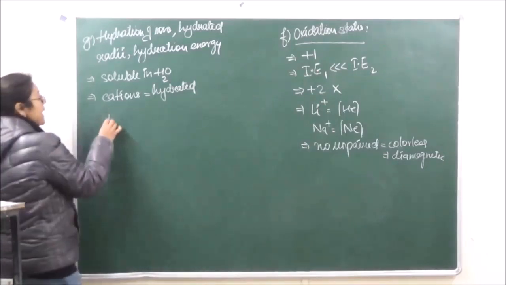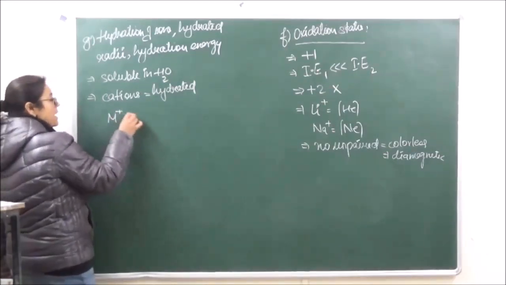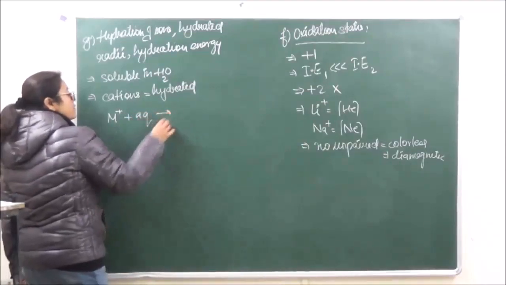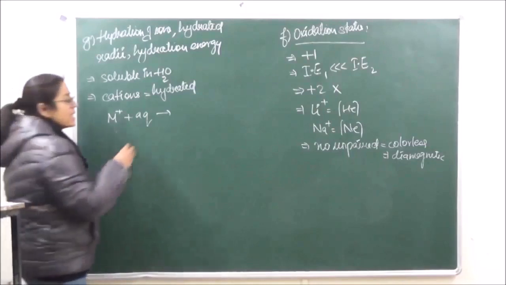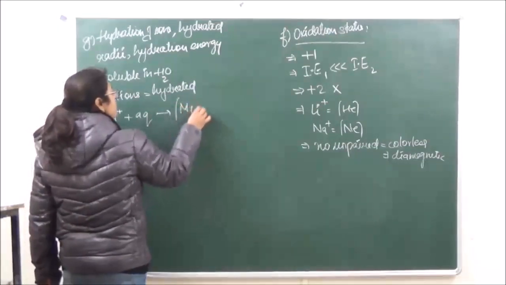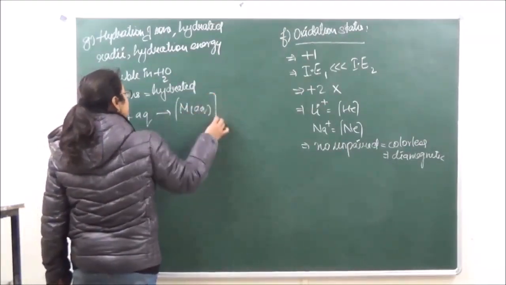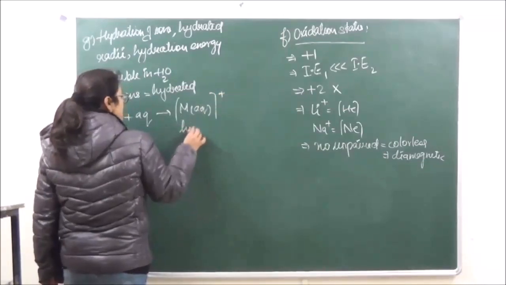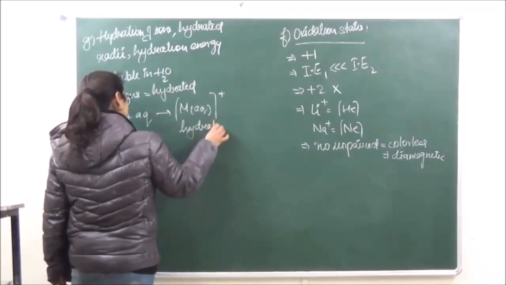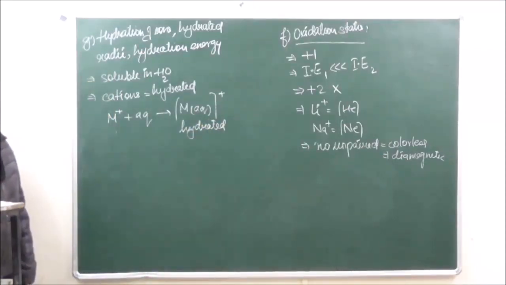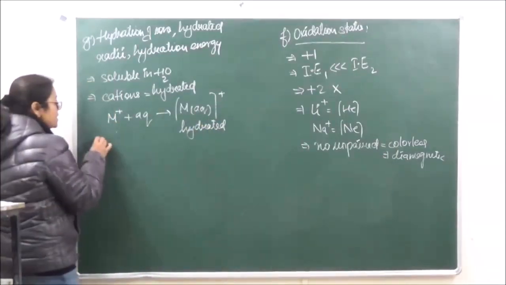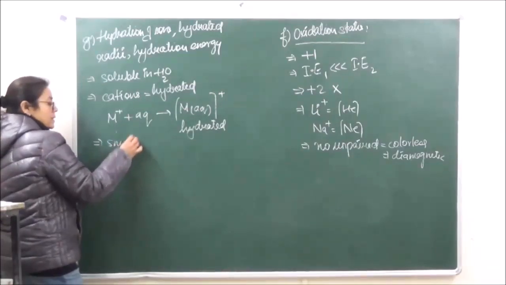Which means if we have a positive ion and we put it in an aqueous medium, this is going to give us a hydrated cation, which may be represented as such. Now it is seen that smaller the size of the cation,